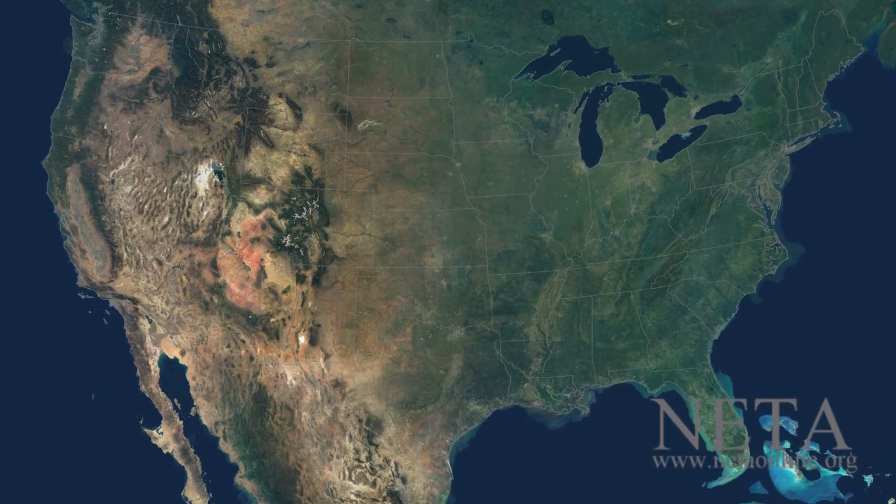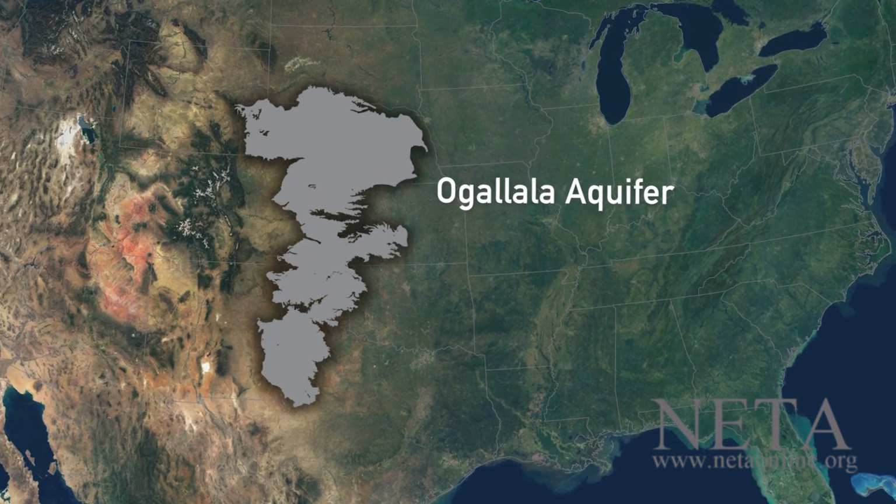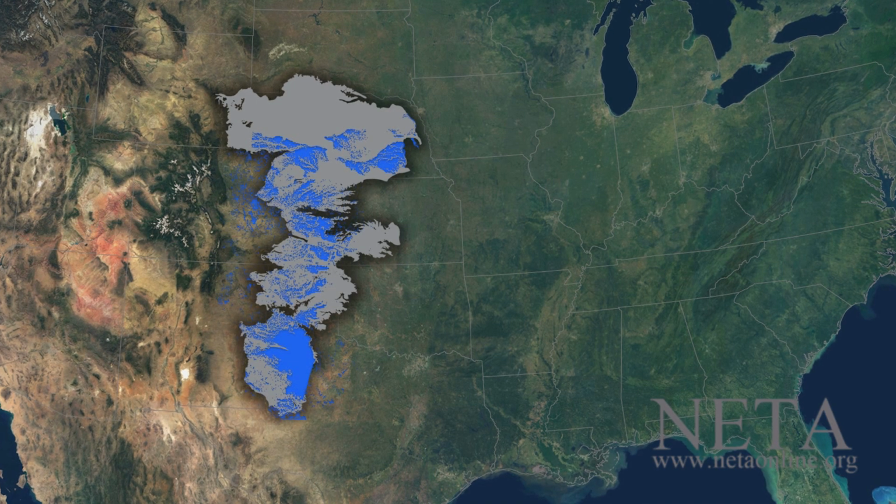Below a portion of the Great Plains is the Ogallala Aquifer, the largest aquifer in the United States. Overlying the Ogallala, you will find the majority of playa lakes. The Playa Lakes region, which is